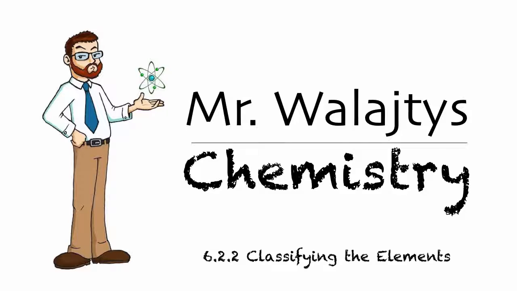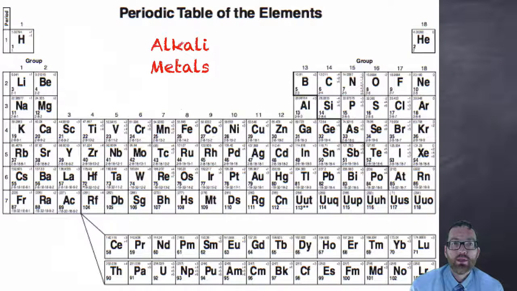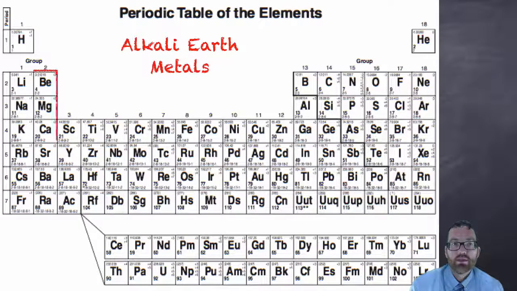In this video, we're going to review the classifications of the elements. Some groups of the elements on the table have special names that you need to know. The alkali metals are in group 1. The alkali earth metals are in group 2. Groups 3 through 12 are called transition metals because they're a transition from the true metals to the metalloids and